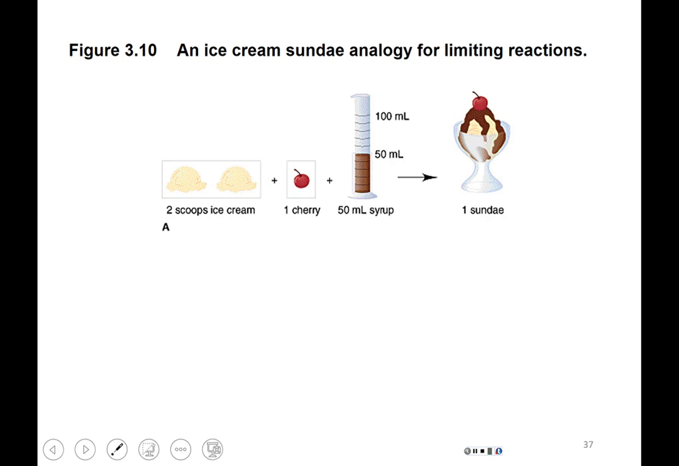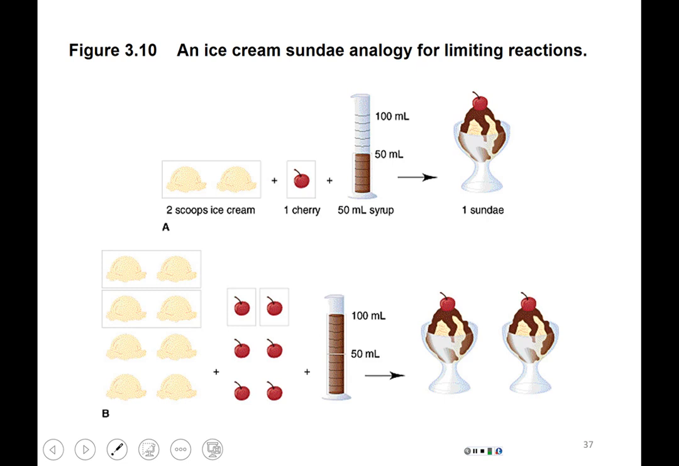Right? You can think of them the same way. So you need 2 scoops of ice cream, that's the same as saying you need 2 molecules of something, right, to form one product molecule. Right? So what if you go into the restaurant and you had 8 scoops of ice cream available, 6 cherries,